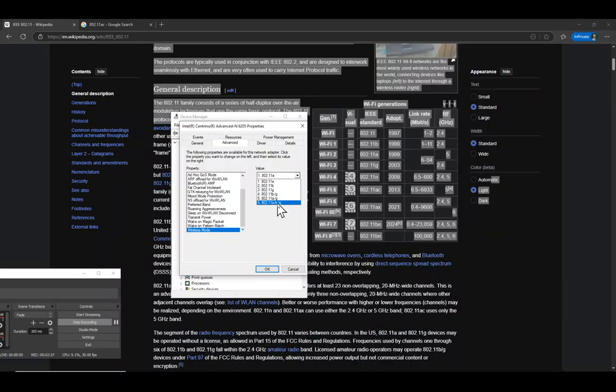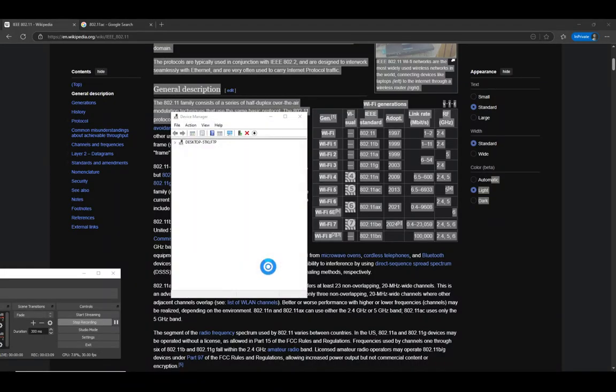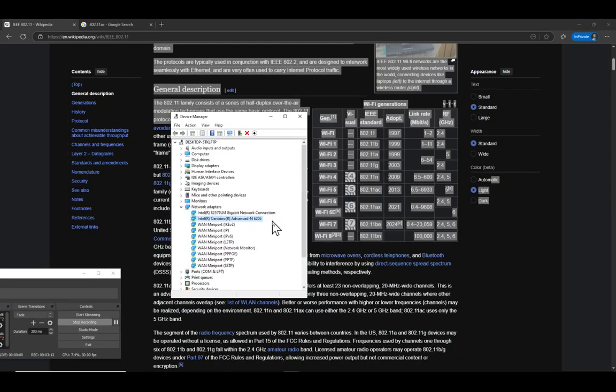My default was these 3, which means it's changing. It depends on your computer. It may select either; ABG means 2.4 and 5. So it's going to select either of those two, and usually it goes for the 2.4, which again is very influenced by microwaves and other household devices in your home. So anyhow, I'm going to set it to A and click OK. From now on, my wireless device is using only the A standard, which is only for the 5.